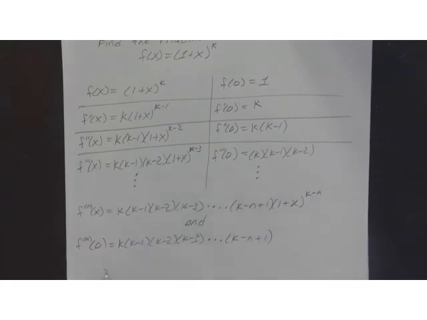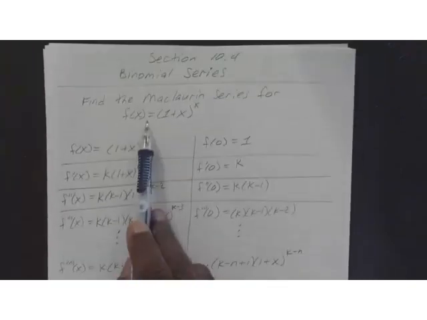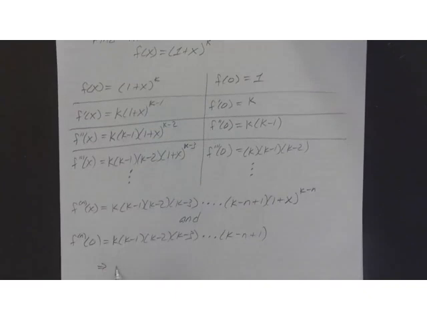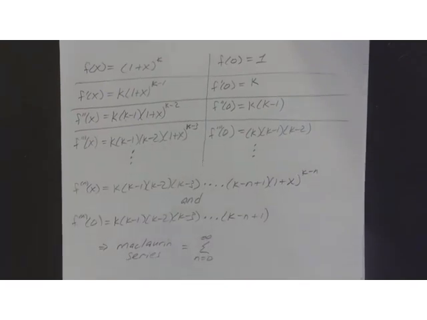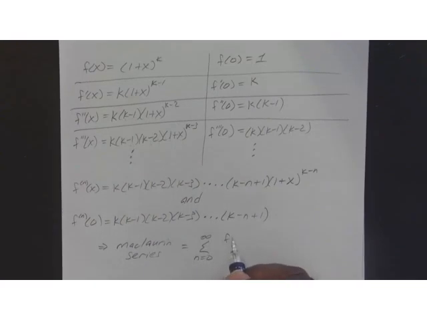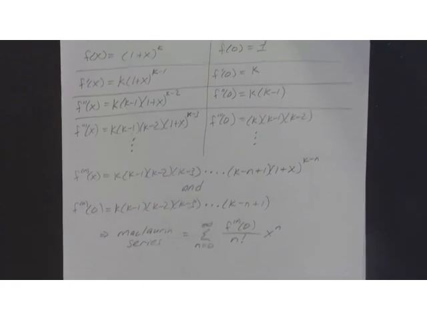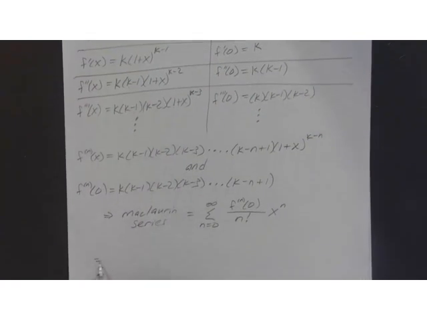Okay, so we know that the Maclaurin series for this particular function is the sum from n equals 0 to infinity of the nth derivative of 0 divided by n factorial times x to the power of n, which we know is just equal to, if we expand it,